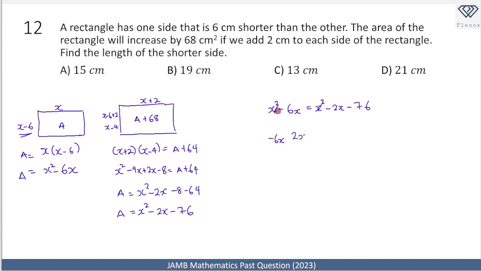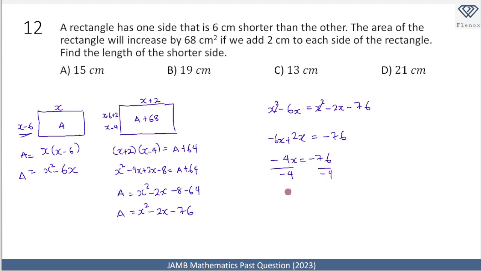So yes, this is minus 6x. When I bring this over here, I have minus 6x plus 2x will be equal to minus 76. So I have minus 4x is equal to minus 76. And if I divide both sides by minus 4,